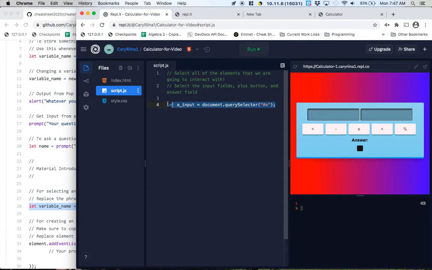Copy and paste. We'll let B input equal the thing with ID B, and that's this input field right here. So that's that whole grayish box. To select our plus sign, let plus button equal